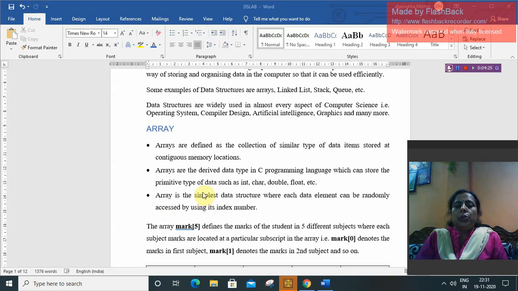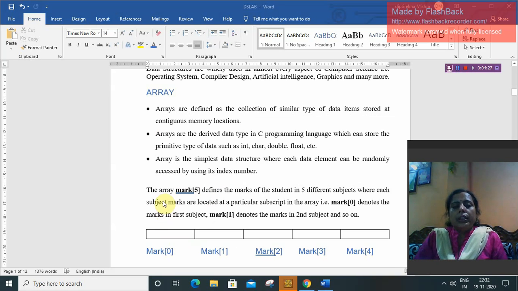Okay. So for example here the array mark[5] defines the marks of a student in 5 different subjects. Okay, means marks of 5 different subjects can be stored in an array called mark.